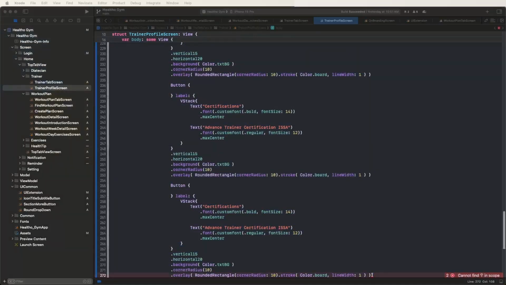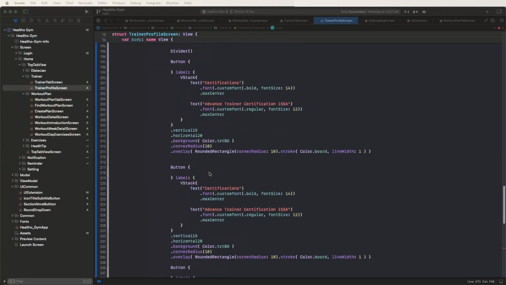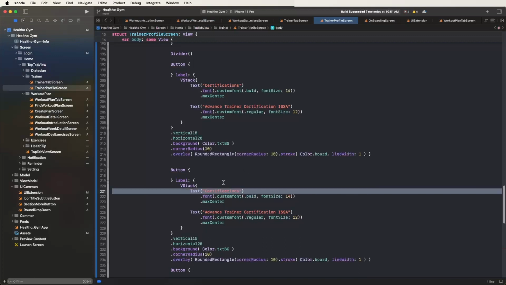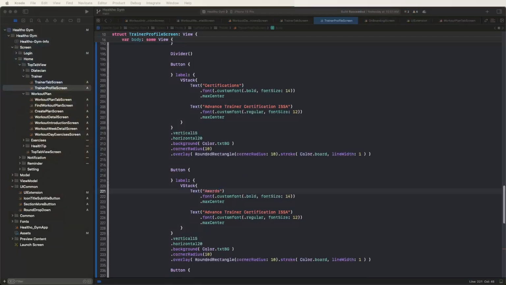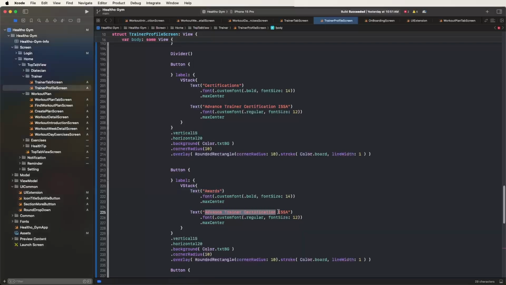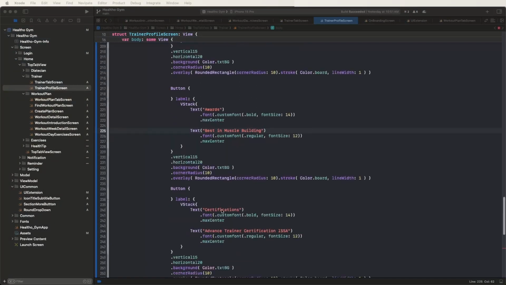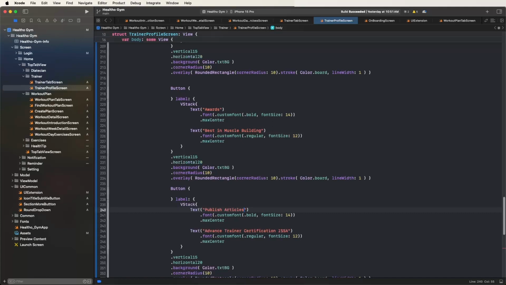Now give this the awards button, set the title award, and now need to set based in muscle building. Then after need to set the publish articles. Now need to copy here, and set the title publish articles. Give this the